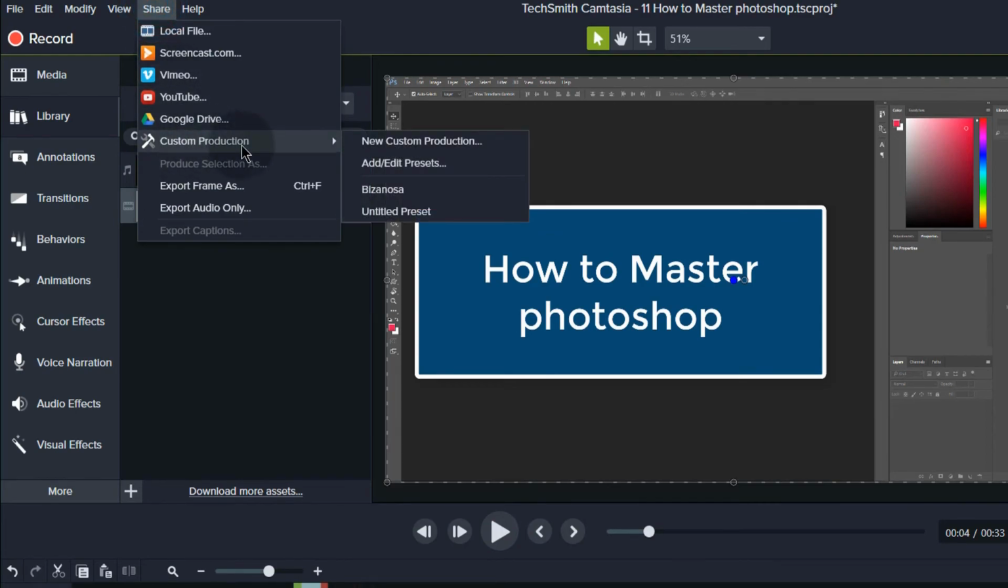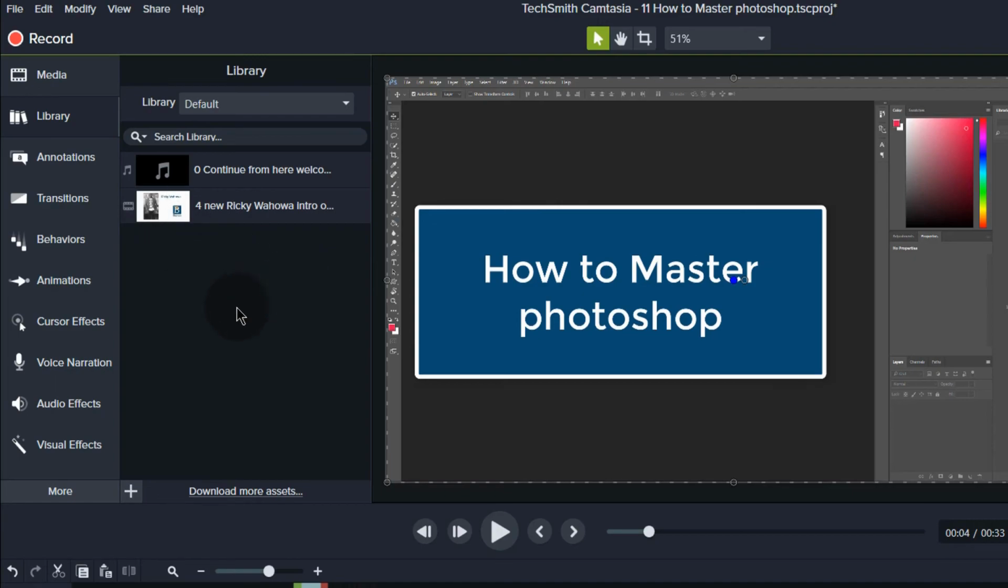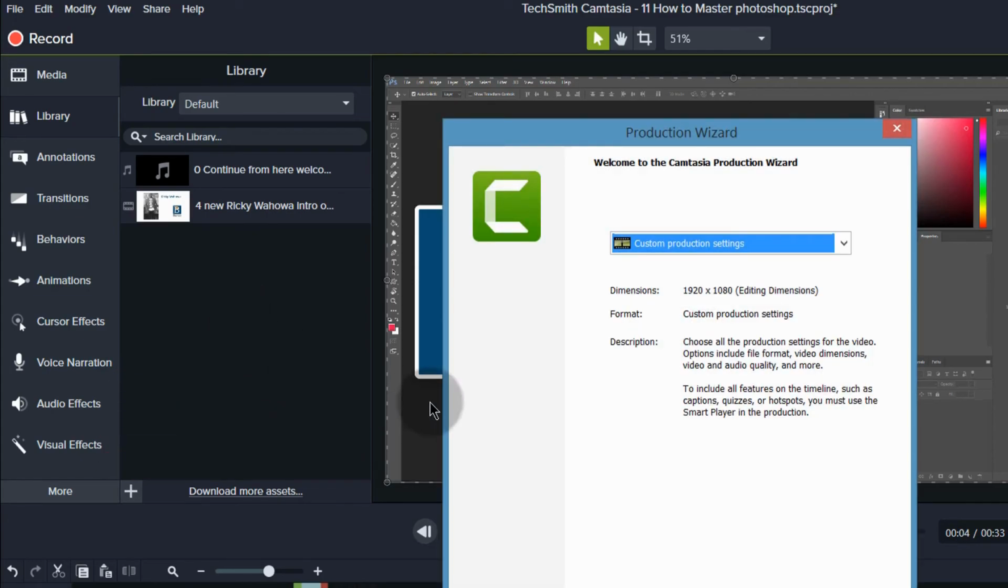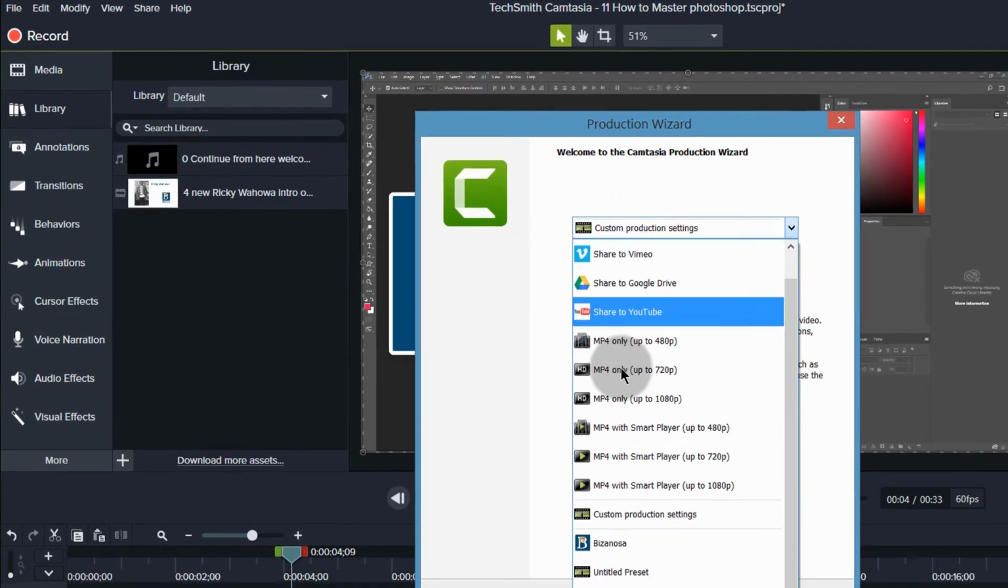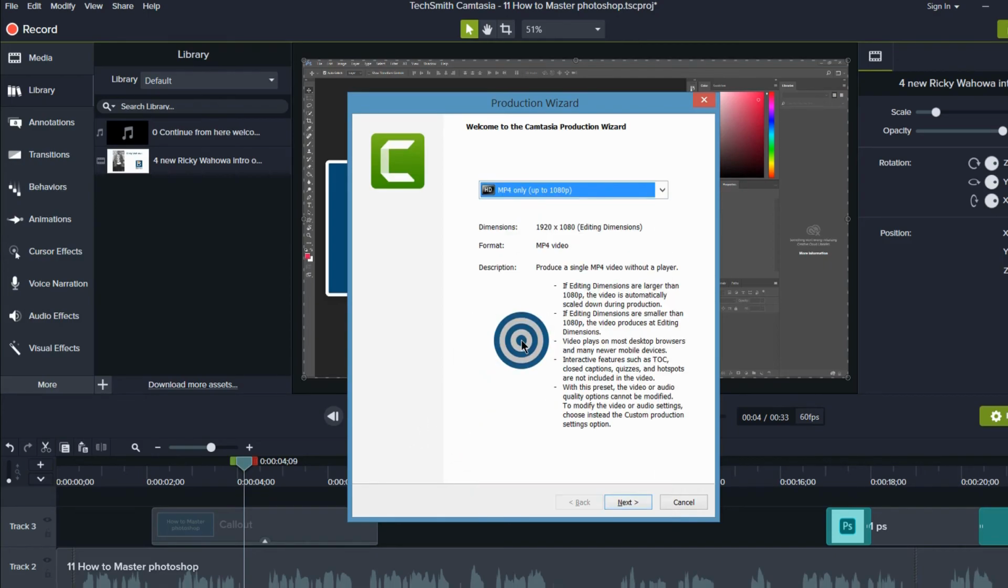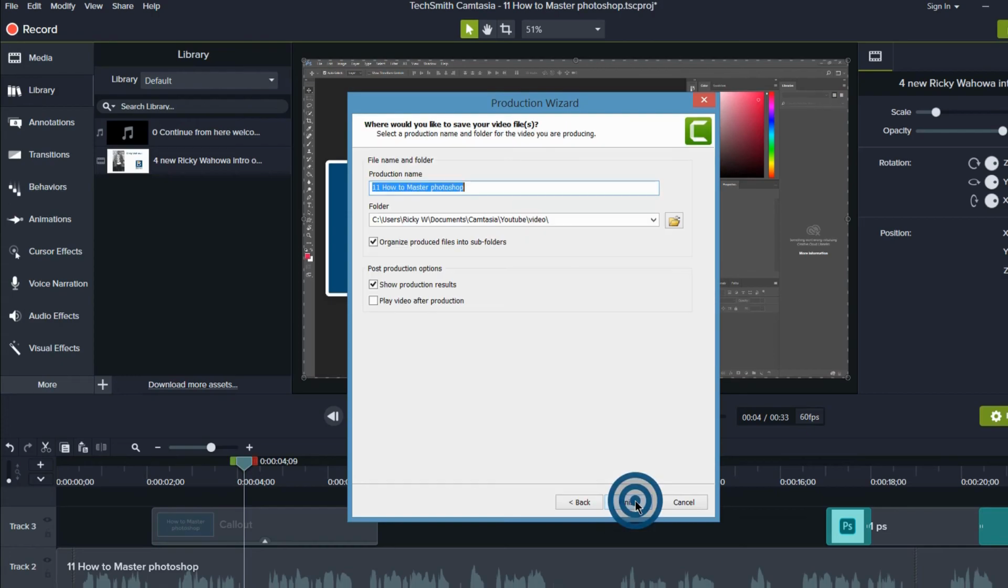and then you can come back here and you can choose the preset, or you can just do what I do and just press Ctrl P. And when you press Ctrl P, you will get the production wizard, and you can choose any of these other settings, and you can see our setting that we just created is here. Okay, so you can use any of these default ones as well. Click next,